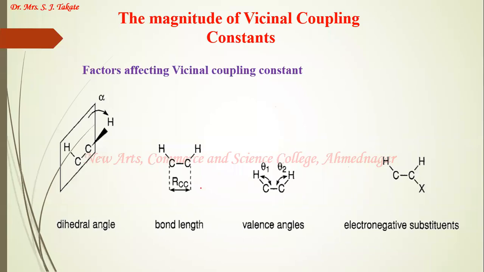Hello students, in the previous lecture we have studied the mechanism of spin-spin coupling. According to the Dirac vector model, the electrons present between the two coupling nuclei, or present in the intervening bonds between the two coupling nuclei, are responsible for the coupling interaction between the two nuclei. They do this by transferring the spin information of one nucleus to the other nucleus. The electrons change their spin orientation according to the change in the spin orientation of the coupling nucleus.